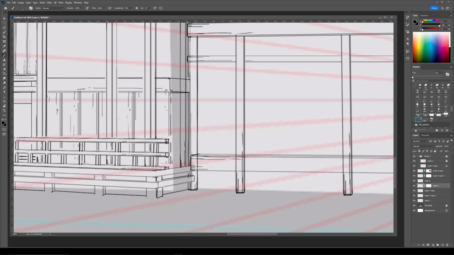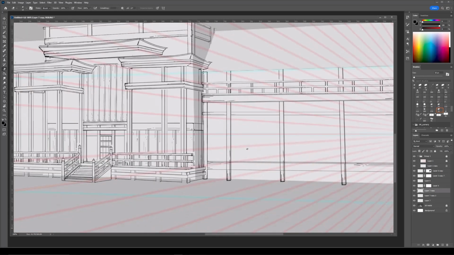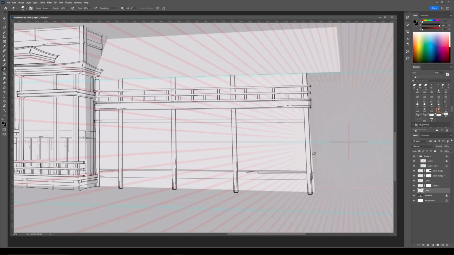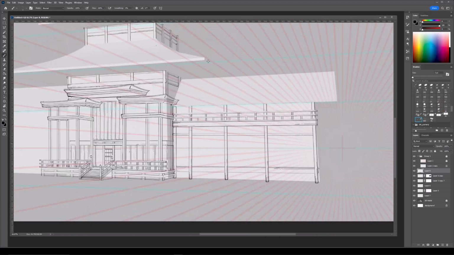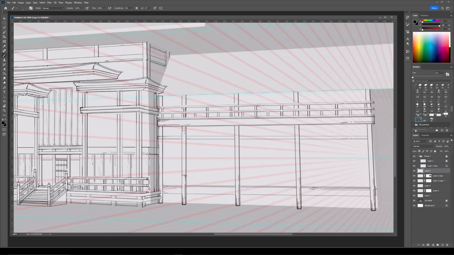So I'm essentially just taking a few pieces from my reference, and then I'm just combining them as I go. Awesome. Now I'm gonna go ahead and add in a little bit of detail